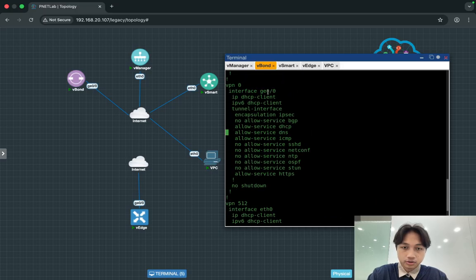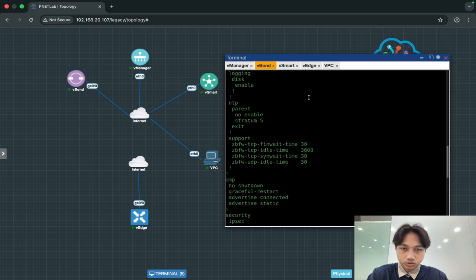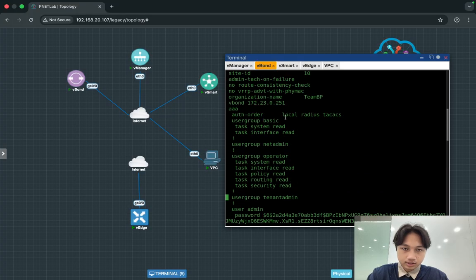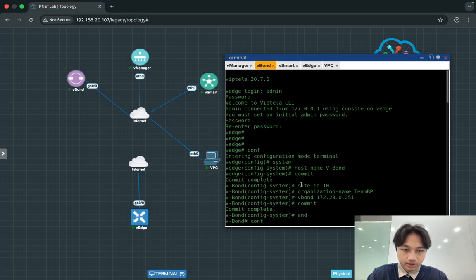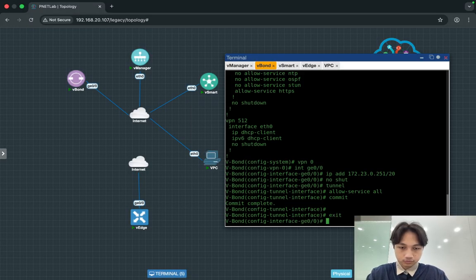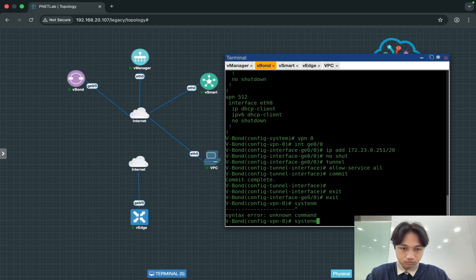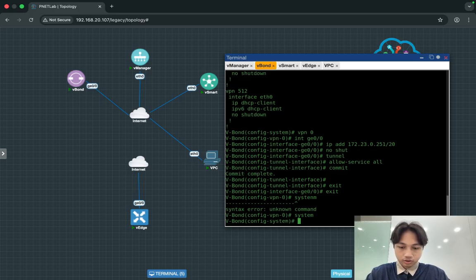And yep, I forgot, if you configure the vBond, you must add a little configuration like this. vBond 23.1.251, you must add local. Alright, I'm sorry, vBond, and then